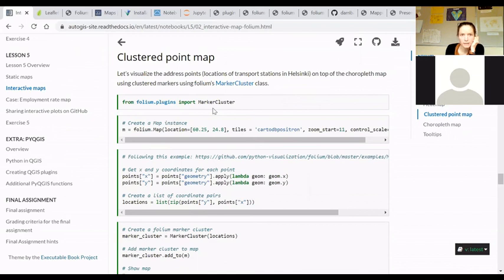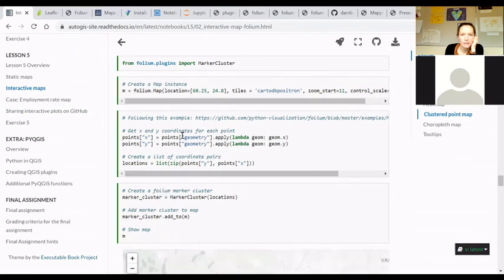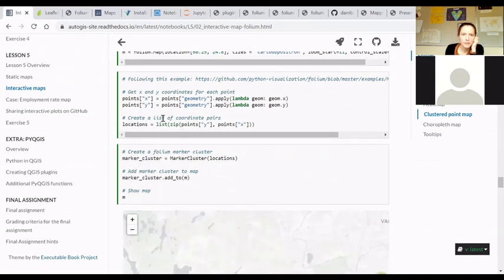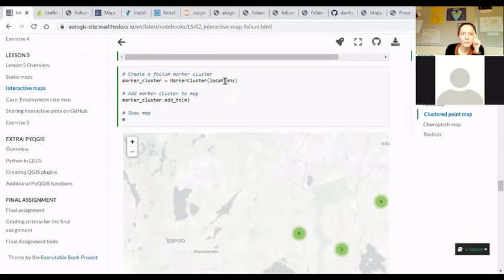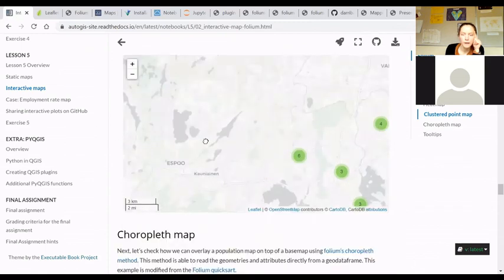MarkerCluster is the plugin name. Create a base map. Do the same trick. Here we can indeed just call geometry.x. We don't even have to do this lambda function. Zip the points, list the points, locations. We actually already have that in the memory. And then pass that to the marker cluster, add to the map. So then